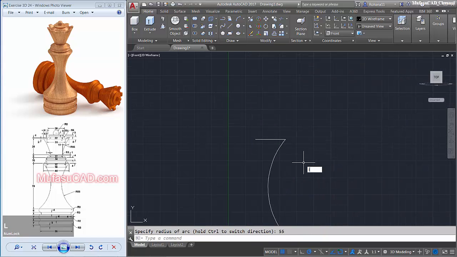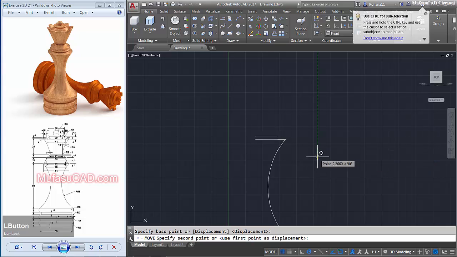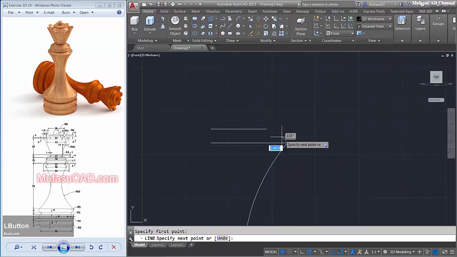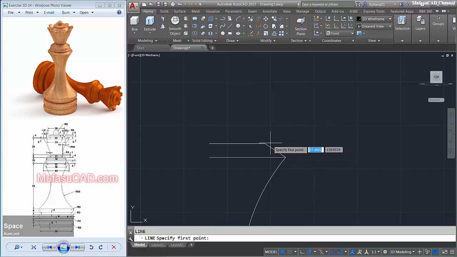Okay, we create a line again from this point to the right here about 16. Move the last object to the top about 4. I will connect by using a line command from this point to here, and then we create a line from this point to the right about 2, to the top here about 2, and then to the left here in here,